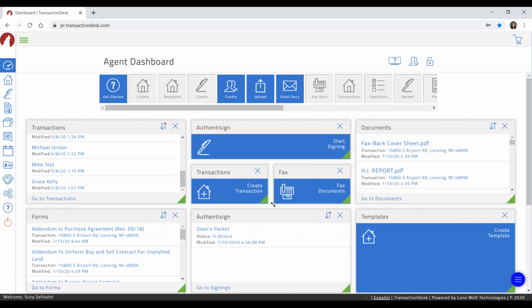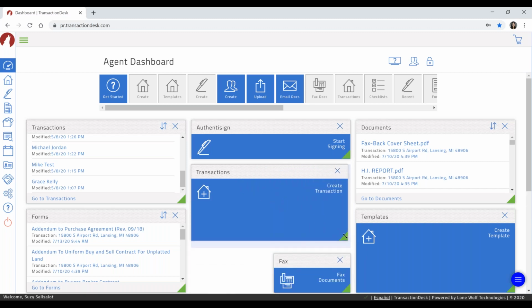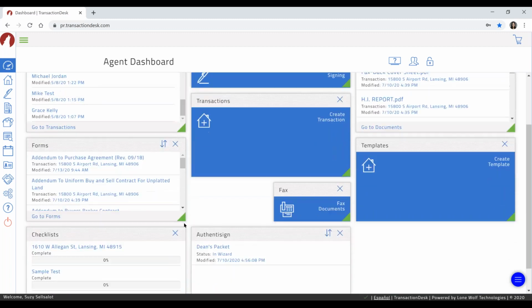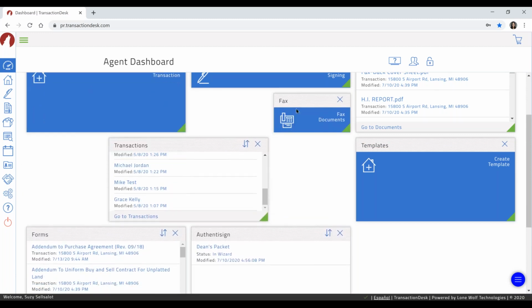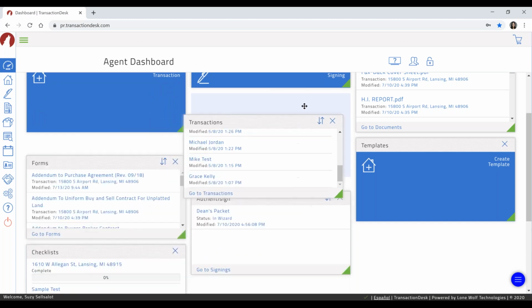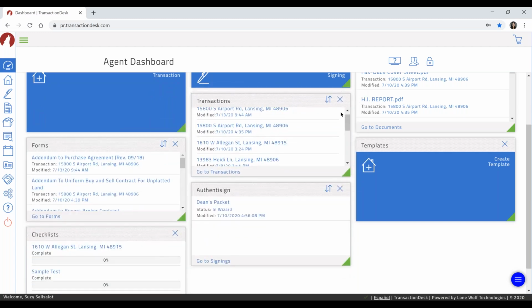And then I can actually move this and make it bigger or smaller by clicking on the green arrow or the green triangle in the corner here. So you can move these widgets around in your agent dashboard to customize it. And again, maybe I don't want facts down there, but I believe you can move down 8 of those boxes